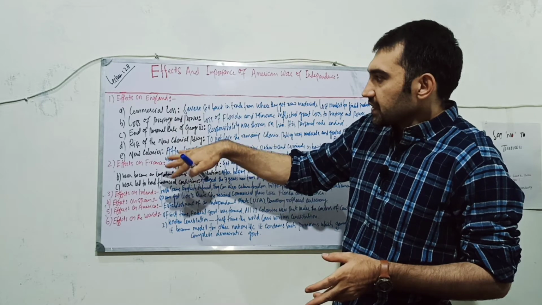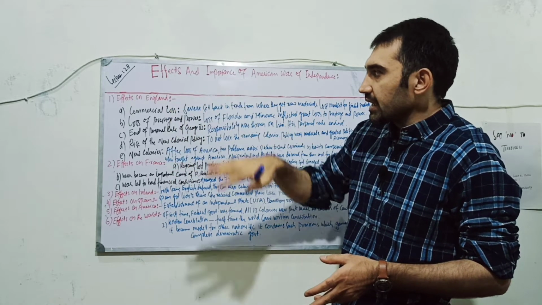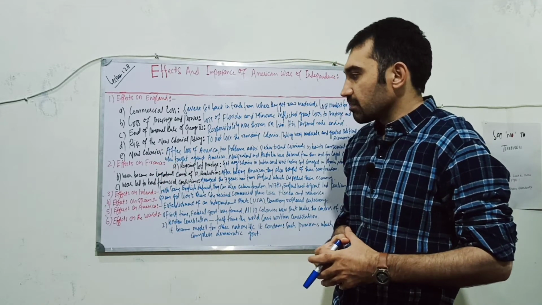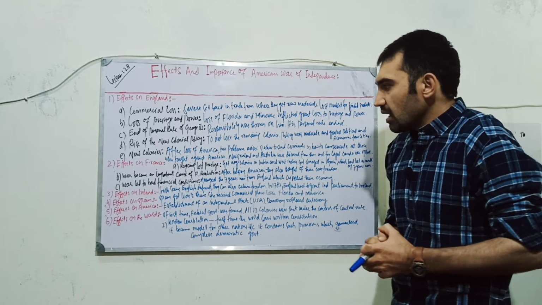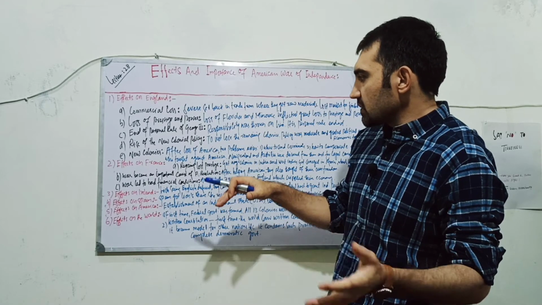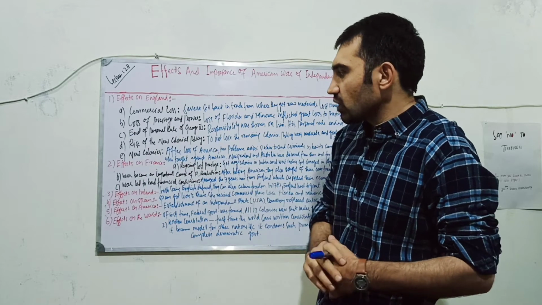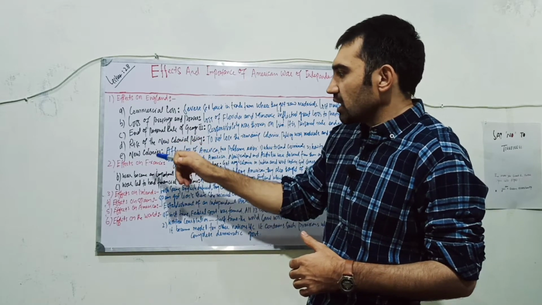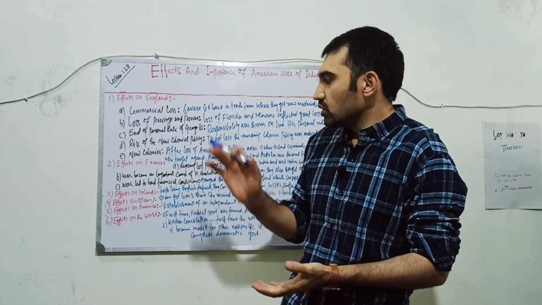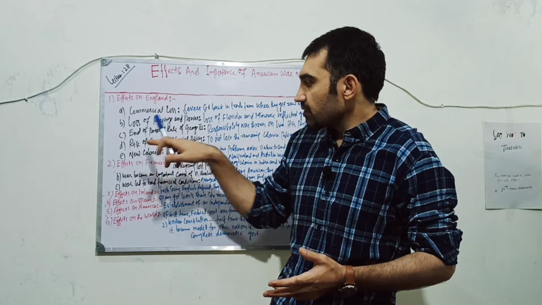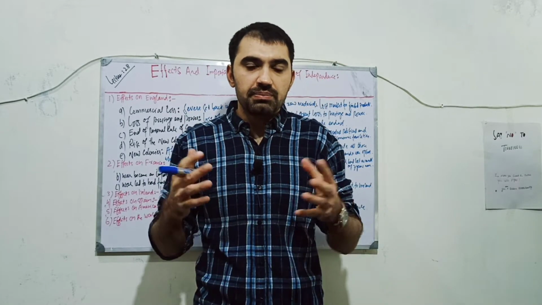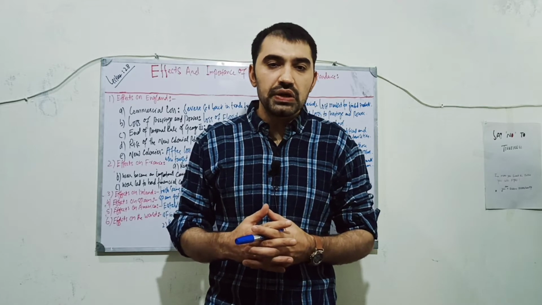So these were the effects that were caused on England as a result of the American War of Independence. And now we will talk about the effects on France. Yes, I forgot the most important point. After the loss, the fifth one is the new colonies. So when the United States of America, or the 13 colonies of America, got independence, there were